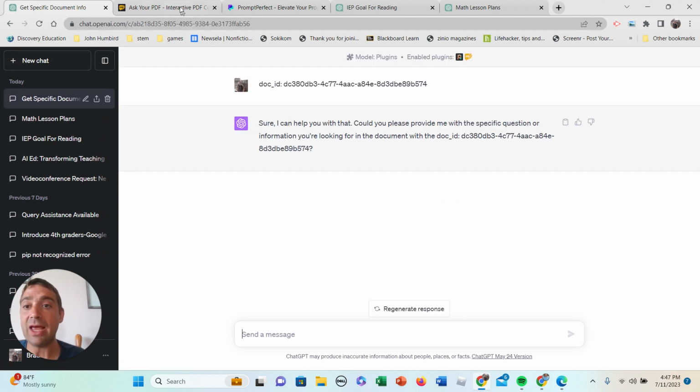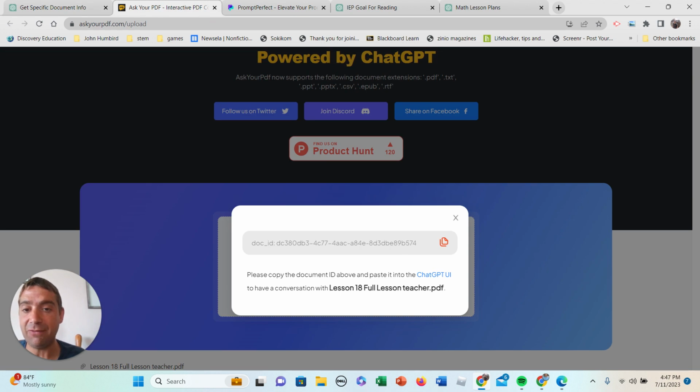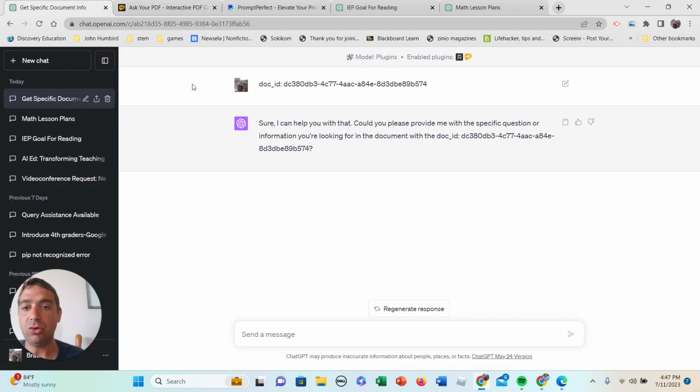So we can actually upload specific documents from any major supplier that we would get our lessons from for our curriculums. We can cut and paste the PDF document into that, it gives you a link, you then cut and paste it into this, and now you can actually get it to interact with that.